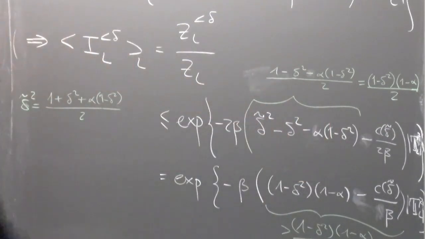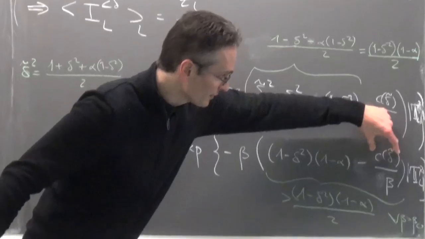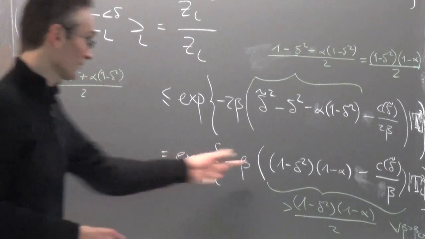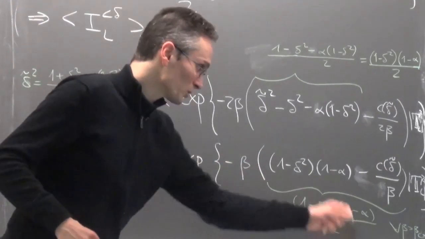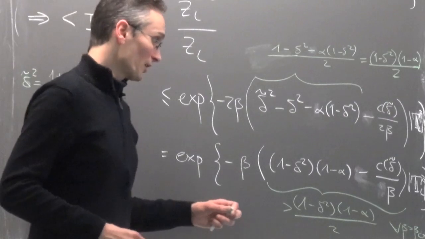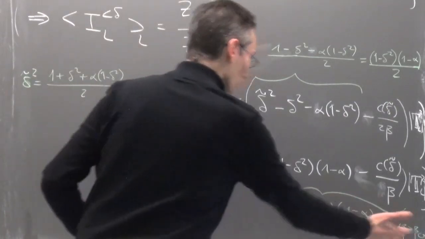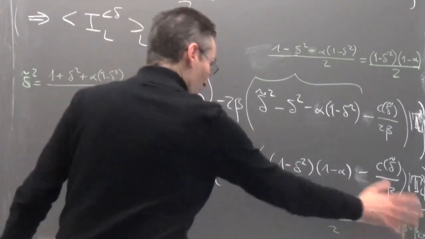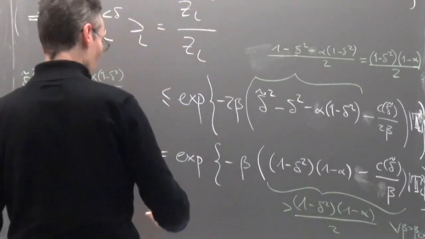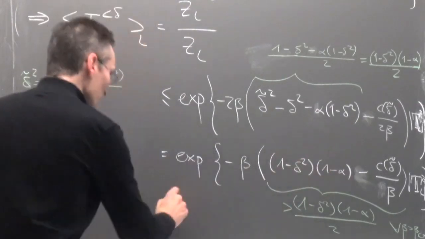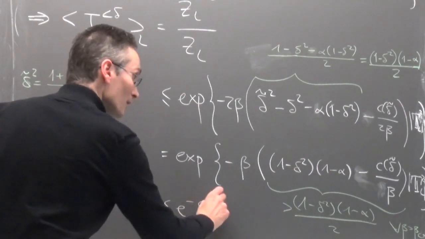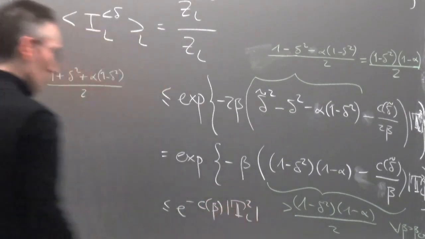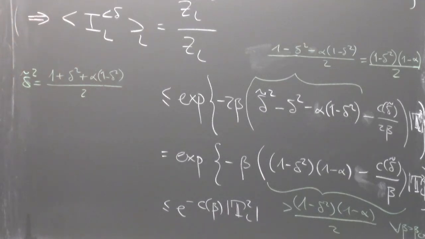Right? Just take beta large so that this is so small that it remains at least 1/2 of this. Right? And then you're done. For this guy, this is exponential of minus some constant, which depends on delta and alpha, which you can make as good as you want if you choose delta and alpha sufficiently close to 1 and take beta large in the end. So all this gives you something which decays like e^(-C beta), say, times the size of the torus. Right? That's the kind of bound you get.